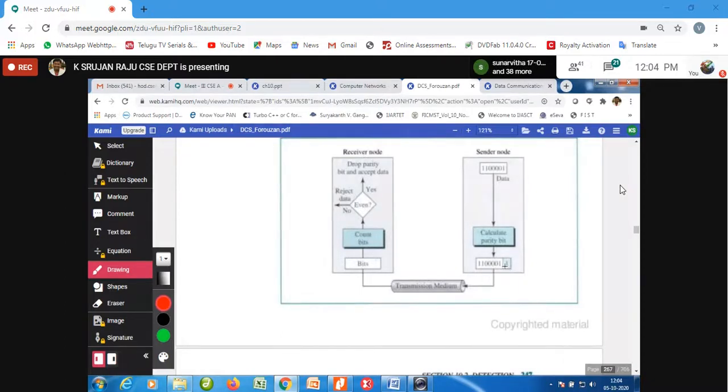If you are using even parity, the sender sees the data. Whenever the sender wants to transmit to the transmission medium, it first calculates the parity. Since there are 3 ones, it adds 1 to convert it into even parity.